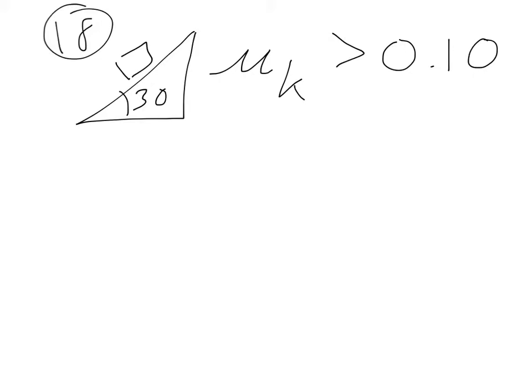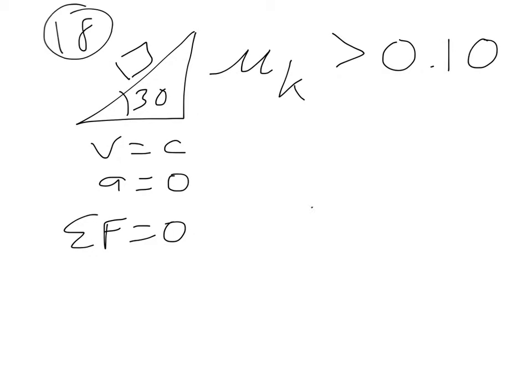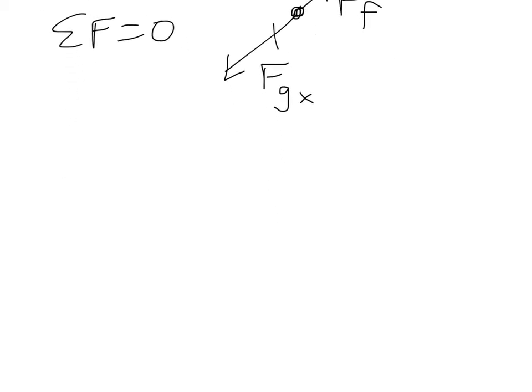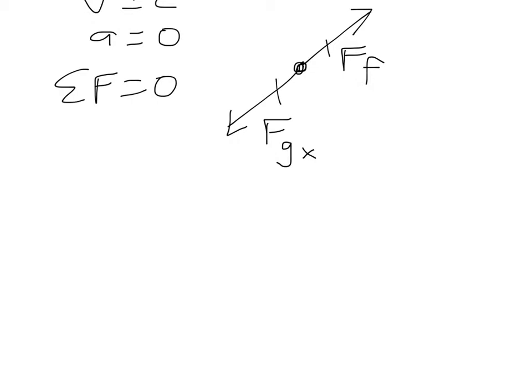The things that we know are that if velocity is constant, then acceleration is 0, and therefore the net force must be 0. I'll only draw the forces up and down the ramp since we know that those are the ones that count. And we know that this force of friction must be equal to this force of gravity in the x direction down the ramp. From the previous problem, we were able to figure out that the force of friction